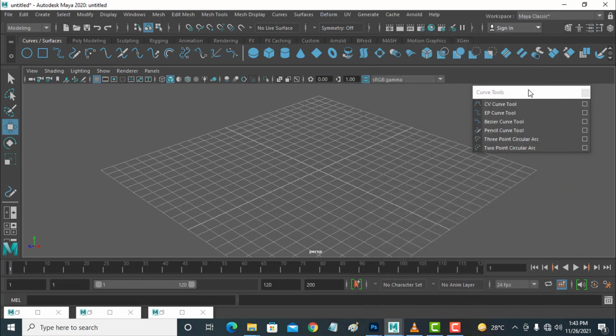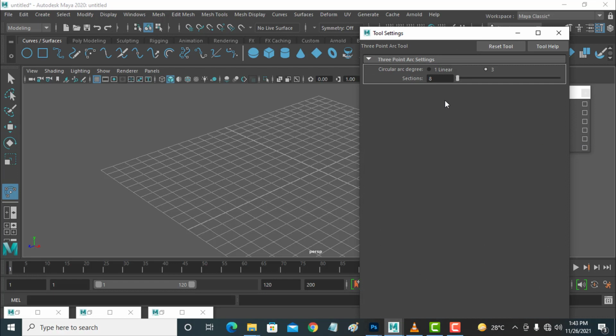Now the other is the 3-point circular arc. It will create an arc. Click on this button and reset tool. 1, 2, 3. So it will create an arc like this.